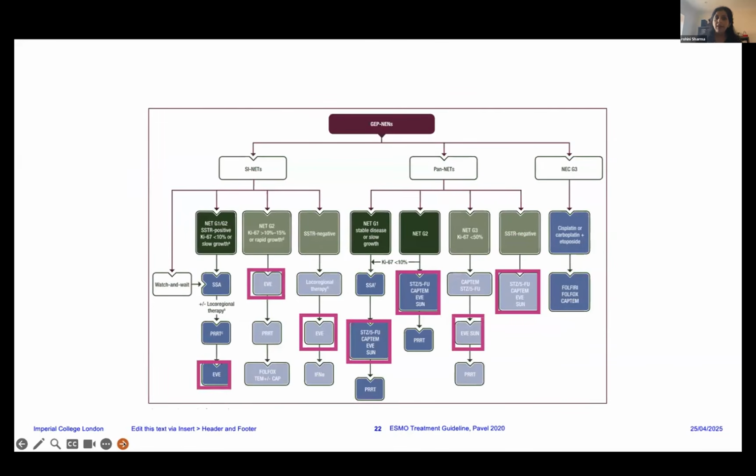So now if we go back to our ESMO treatment guidelines, you can see I've marked in the pink boxes where you can see everolimus. As I said, there was a trial, RADIANT-4, for small bowel NETs, and that's why you don't see sunitinib on this side of the diagram, while sunitinib was trialed in pancreatic NETs, and that's why it's on this side of the diagram. And that's why I was saying, when you're thinking about which agent to pick, for example, for your grade 2 NET, you might think about which one should I choose. I think it comes down to the side effect profile and the comorbidities that your patient has.